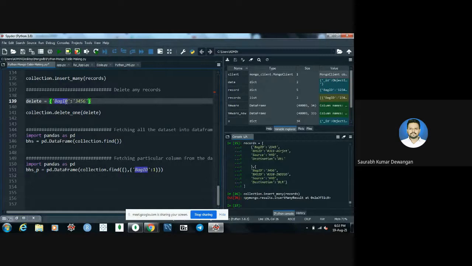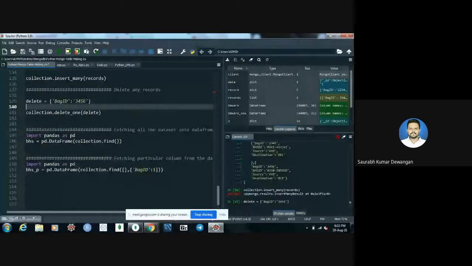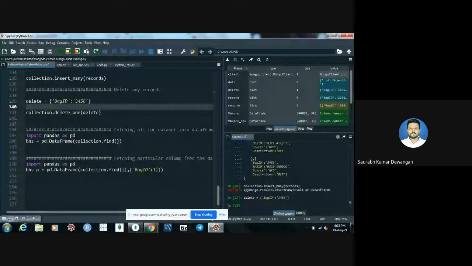So we want to delete wherever the bag ID value is 3456. And we have stored it in a variable. So let me run this. Yes, and delete one is the command for deleting only one record, like we have seen for insert one, insert many. So let me run this.